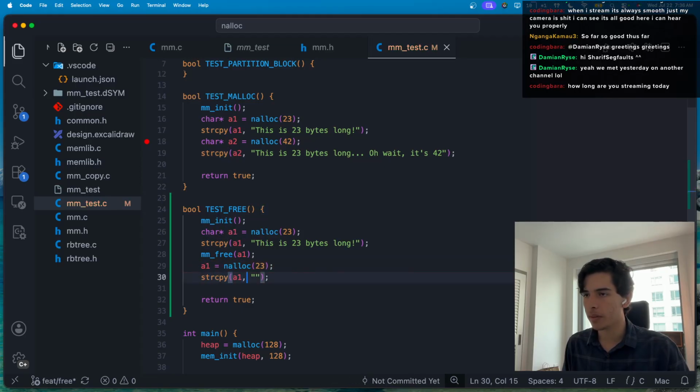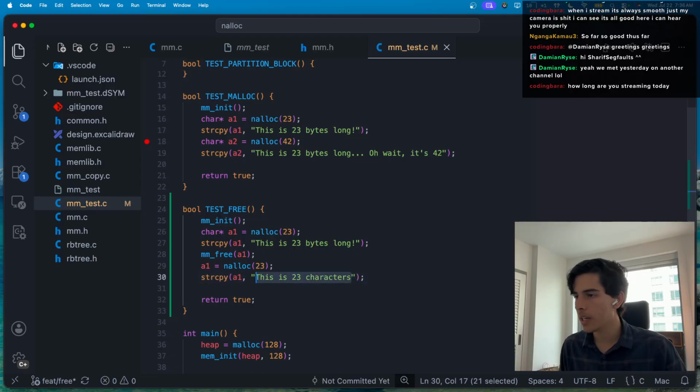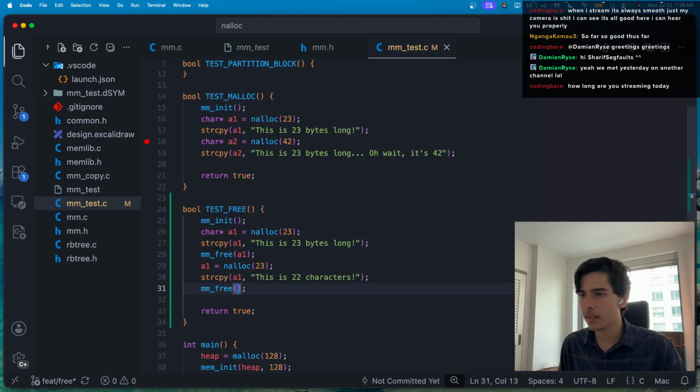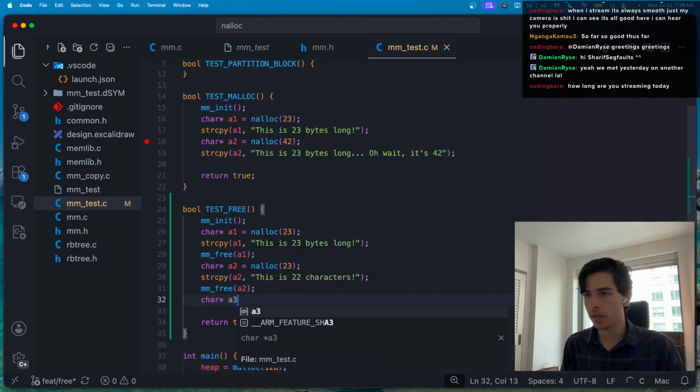So maybe we can make A1 be equal to Malloc again. And then this is 23 bytes long. Well, this is 23 characters. I think that is indeed 23 characters. No, 21. So then we add 1. And it's actually 22 characters, but 23 bytes, because the null terminator also counts. And once we've done that, we can free this again, right? I think it's better if we differentiate them. A2, A2, A2. And then we create a third allocation that is actually